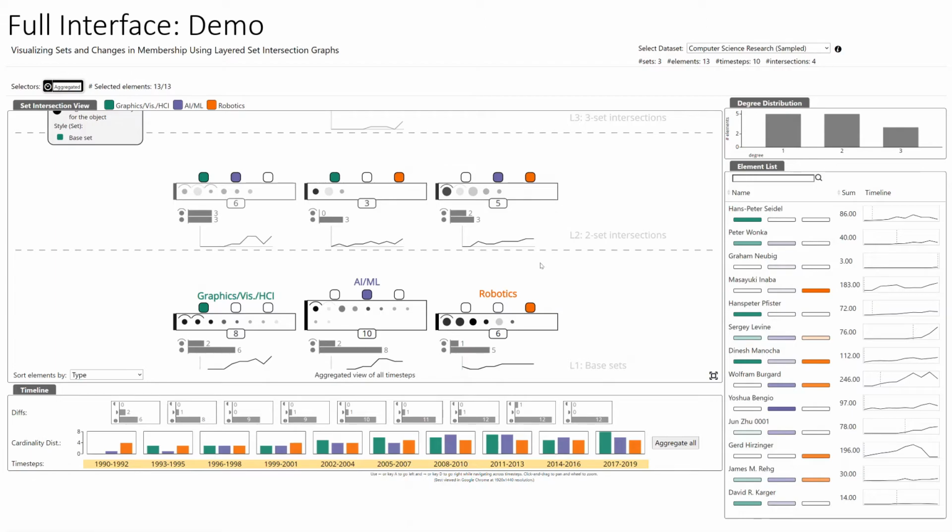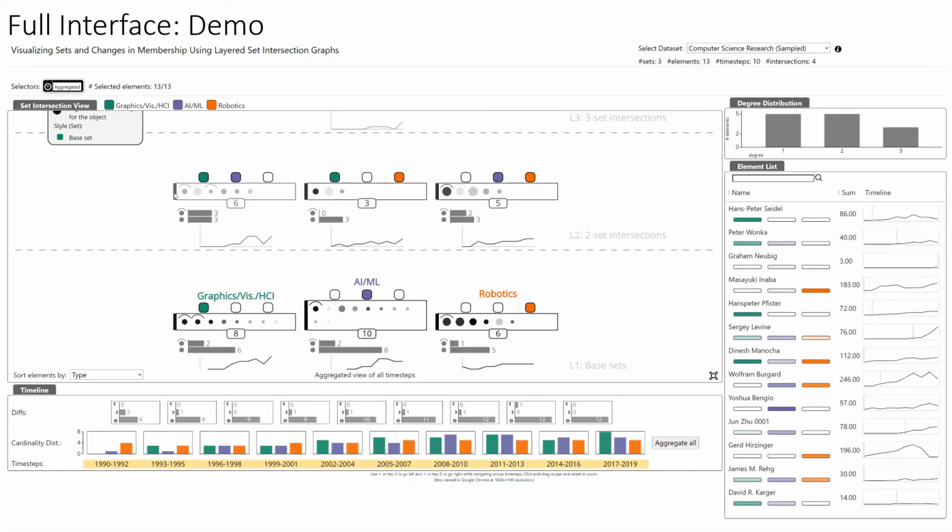If some circles are darker, the corresponding elements are present in more time steps than other elements. Similarly, if the left edge of a rectangular box is more black, the corresponding set or intersection is non-empty in more number of time steps.